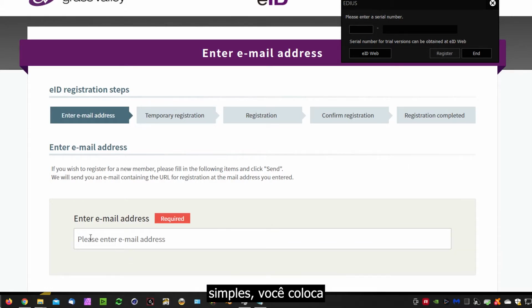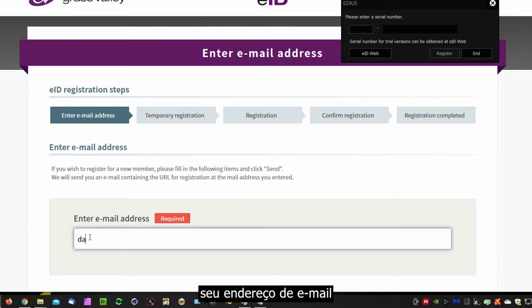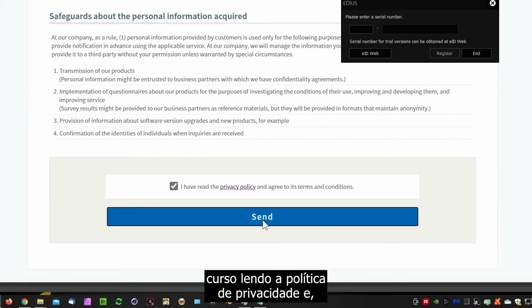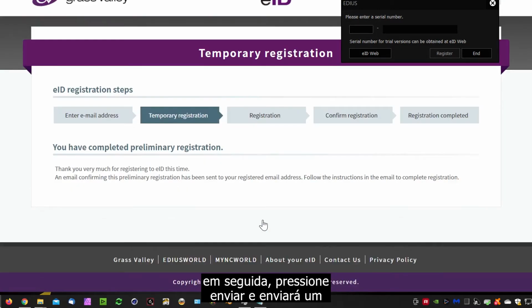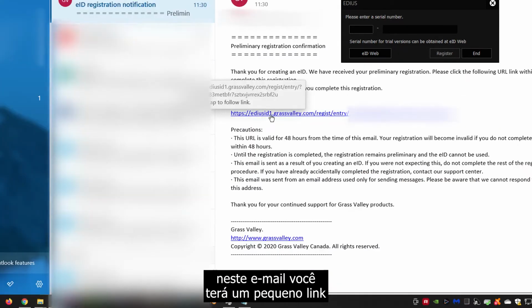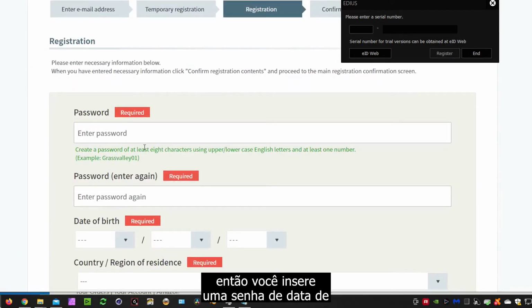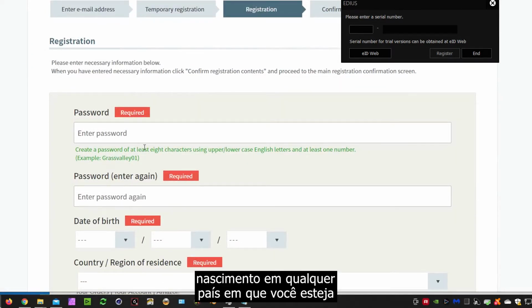So the procedure is pretty straightforward. You stick your email address in, go down to the bottom of the page, tick I have read the privacy policy after, of course, reading the privacy policy, and then press send. It'll send you an email. You then open up your emails. In this email you'll have a little link, so you click on the link, it takes you back to the EDIUS ID page, and then you put in a password, date of birth,